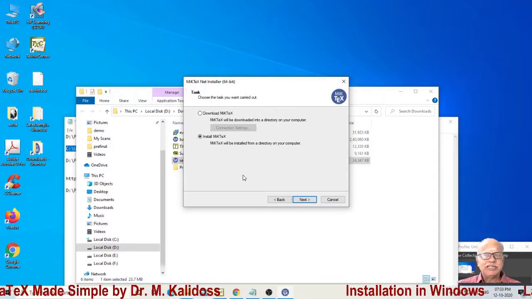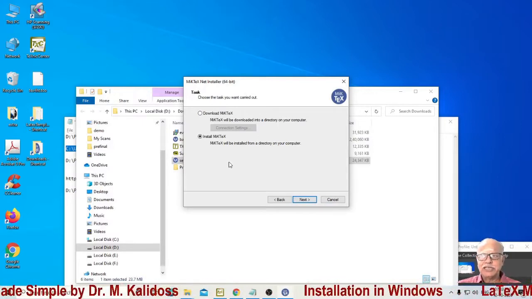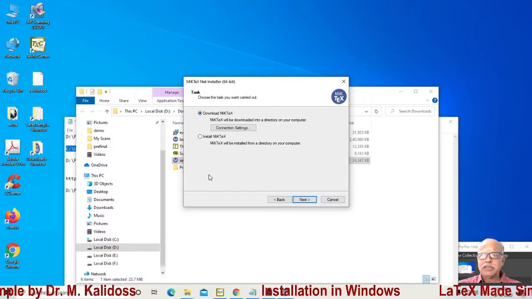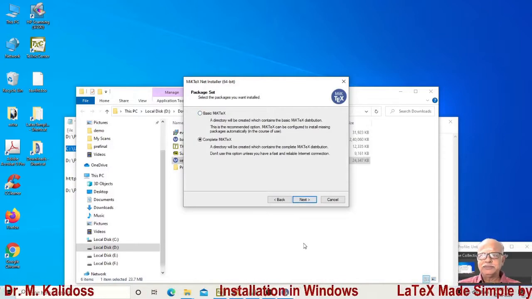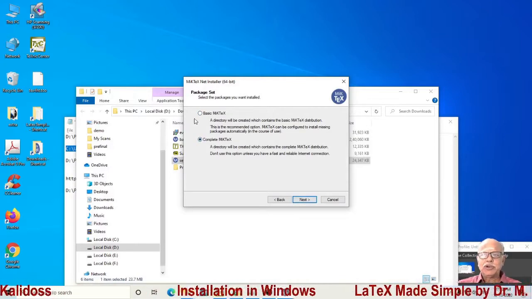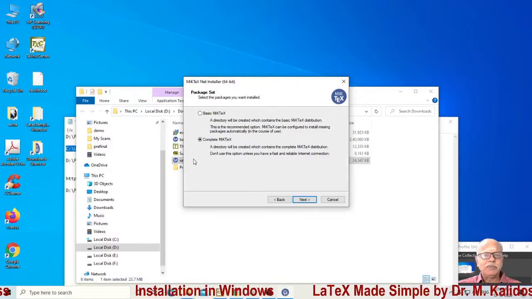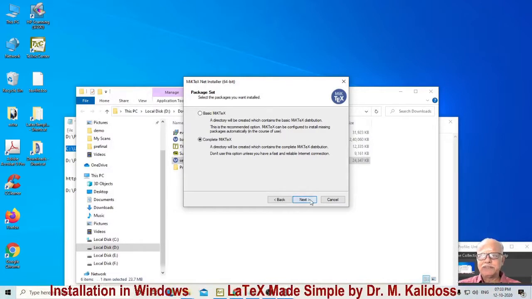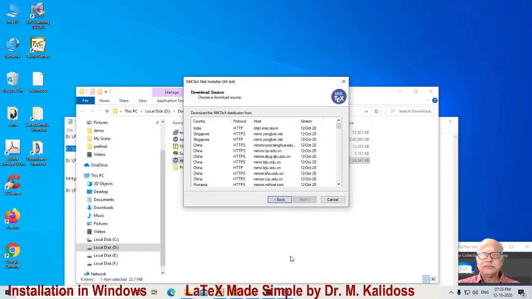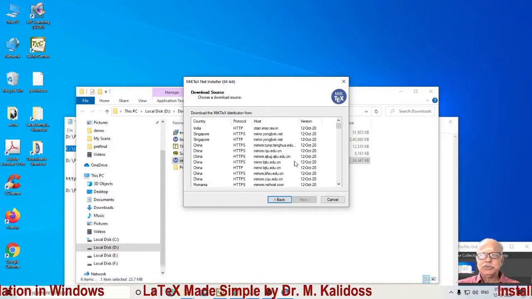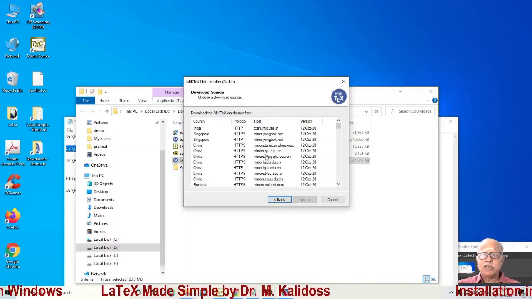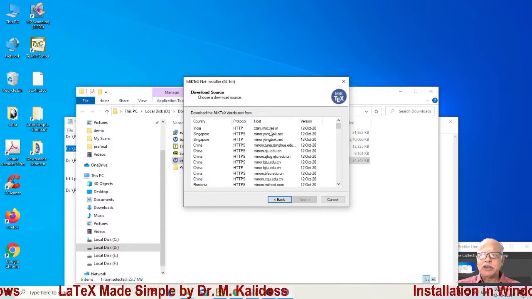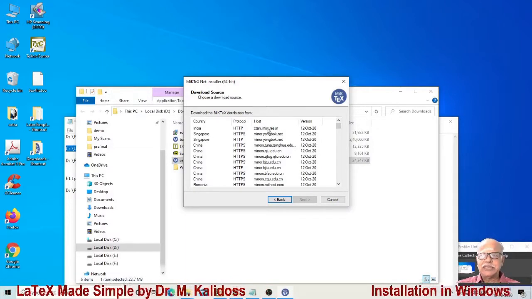For the present, you have only the installer. No other file is present. Therefore, you have to download it. Download. Then, would you like to download basic MikTeX or complete MikTeX? Your choice should be complete MikTeX. Then click next. It presents you with the servers all over the world available for downloading MikTeX packages.